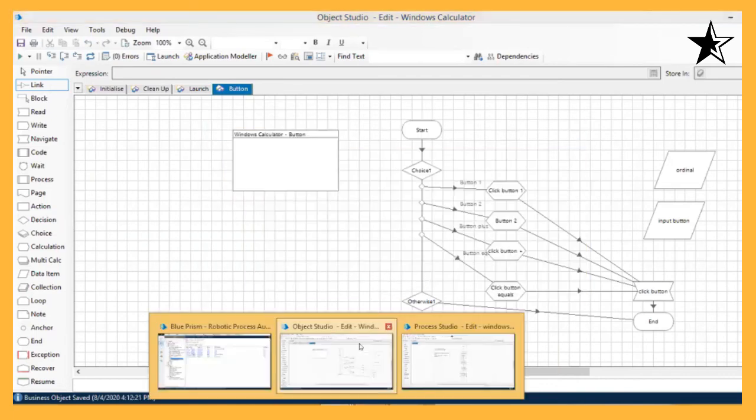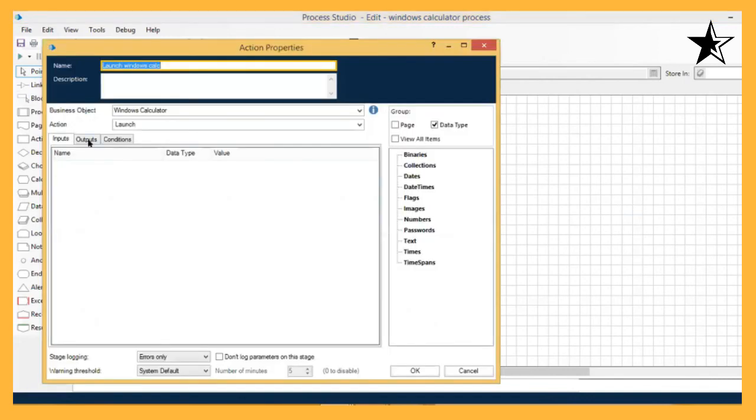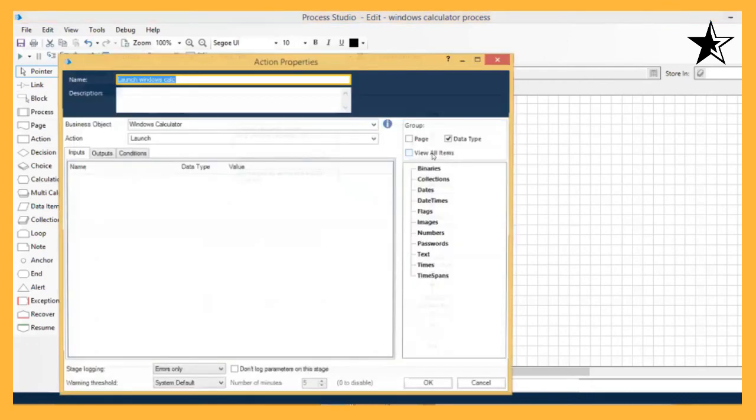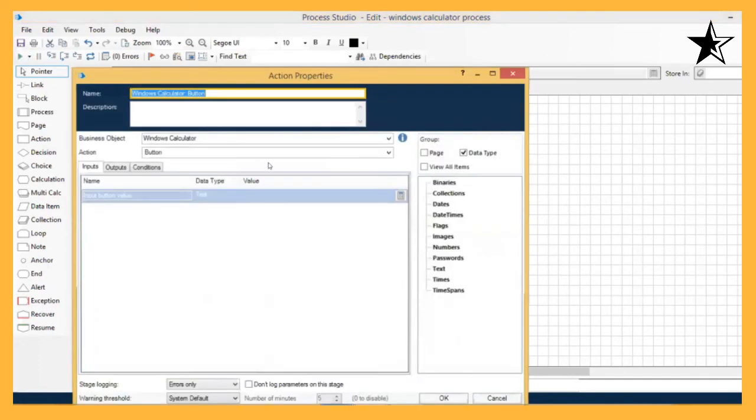Next, I go on to the Process Studio, and now I will configure the action stage. All of these. Just refresh it, reset it. Yes, now you can see the input button value has come.